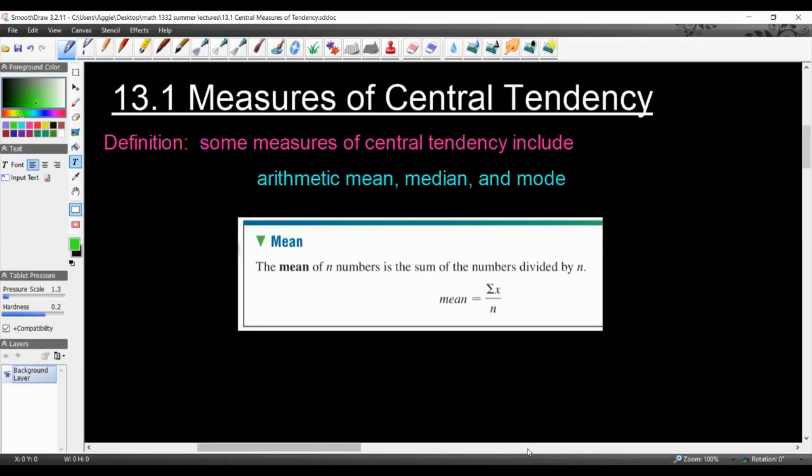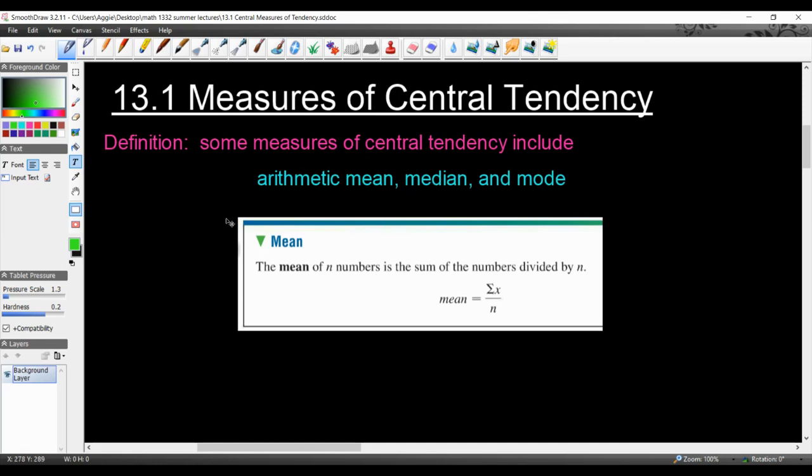This video is going to cover section 13.1, Measures of Central Tendency. This chapter is all about a subject called statistics, which is something you might consider taking. We do offer it for advanced placement if you're interested in some of the stuff we're going to discuss, okay? But this first part is going to be the very basic items in statistics, which starts with our measures of